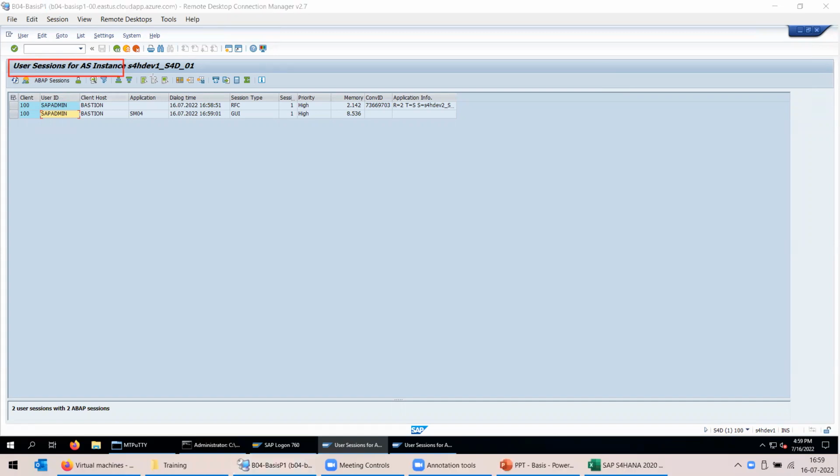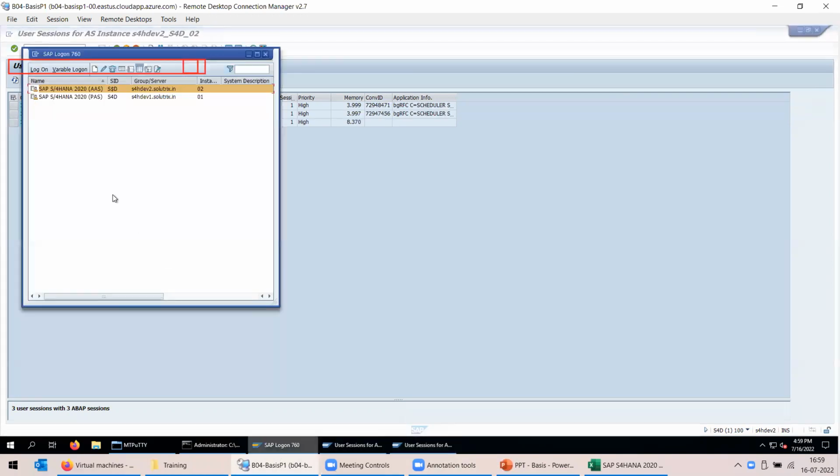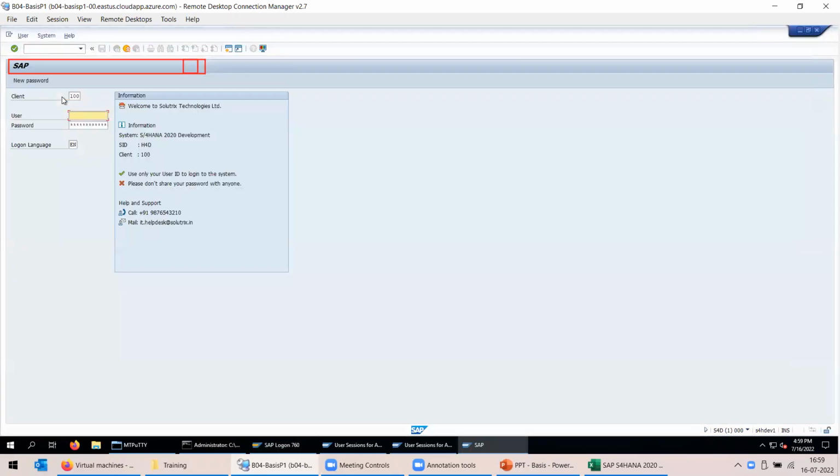it says user sessions for AS instance S4 as day 1, instance number 01. So this screen is only for instance number 01. If you go on the second screen, on the second logon, this screen is only for instance number 02. This is for instance number 01, and this is for instance number 02. If I again open another login screen for my primary application server and try to log in again,